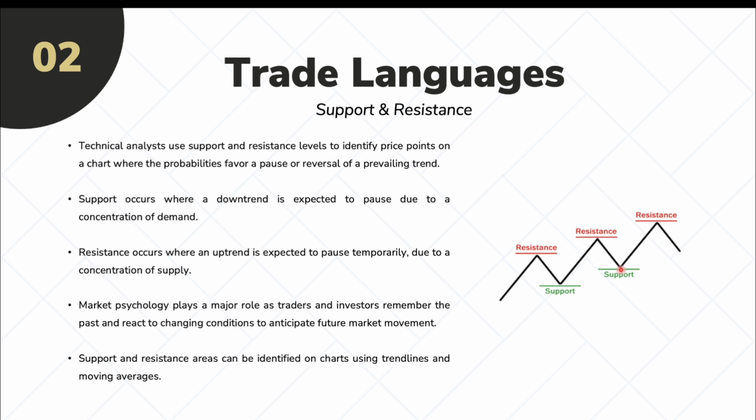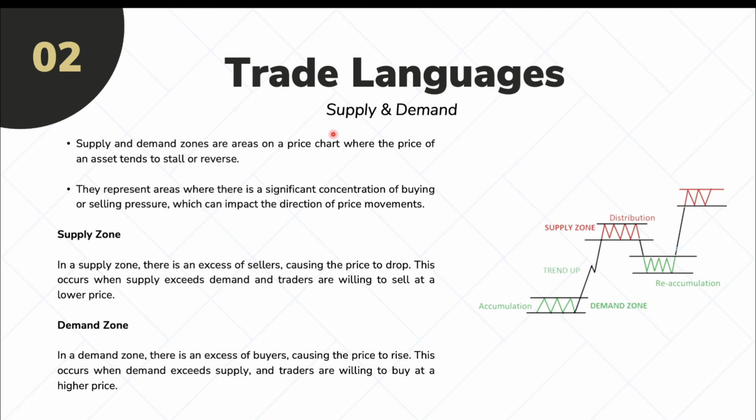When price goes to a support area, people think, okay, the support area, you can go higher from that. Support and resistance areas can be identified on charts using trend lines and moving averages. The second language you can speak is supply and demand. And supply and demand zones are areas on a price chart where the price of an asset tends to stall